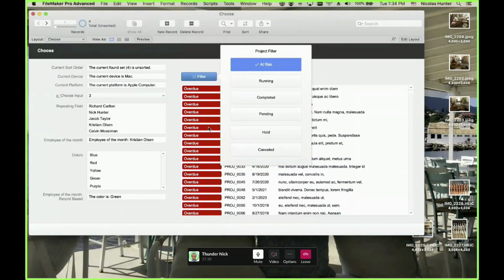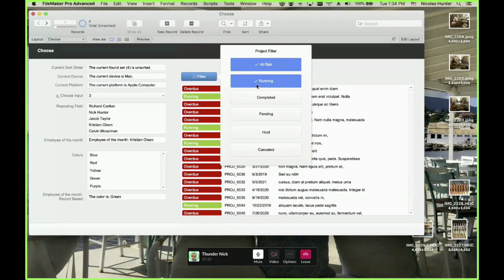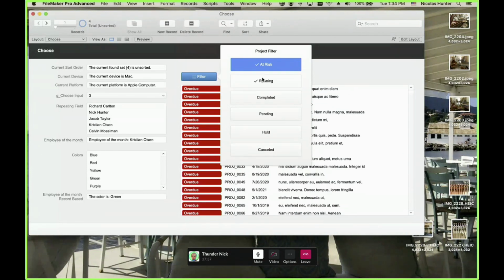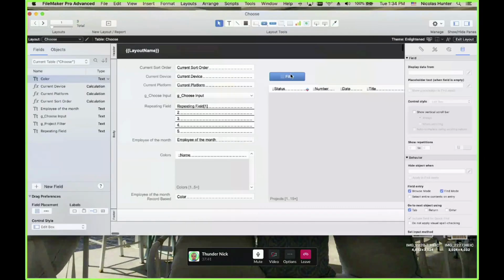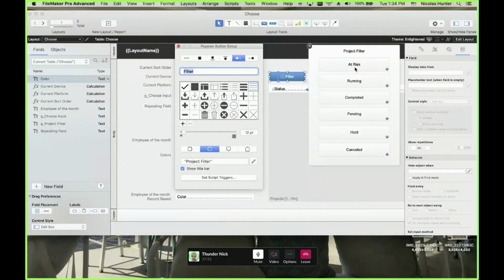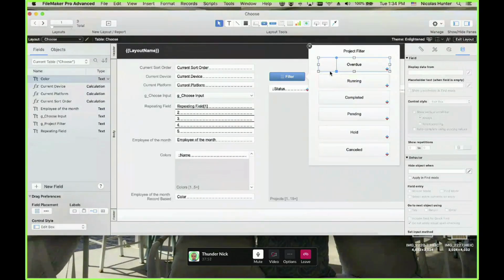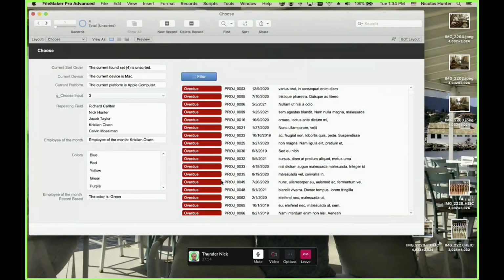My filter still works, even though I changed it. I just need to go to my button and say, okay, now it's not at risk, now it's overdue. But all the filtering, everything still works. No, it's not broken.